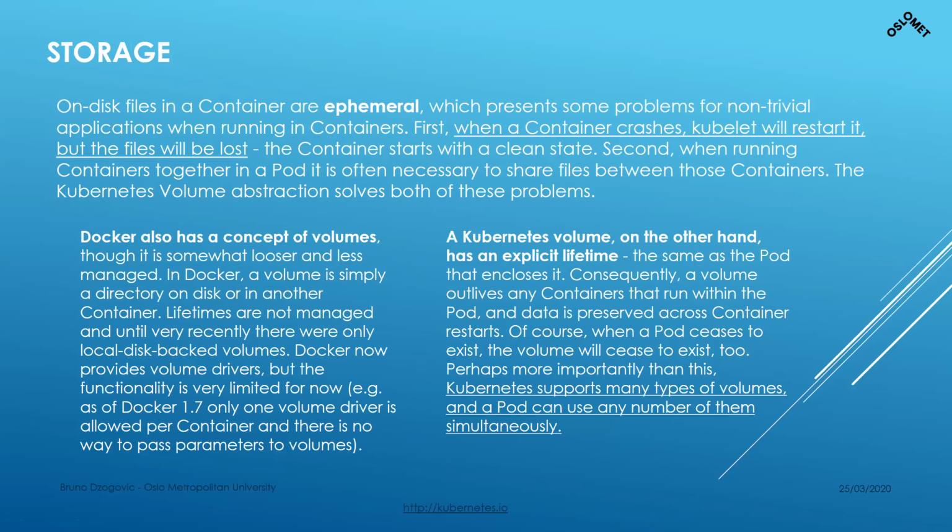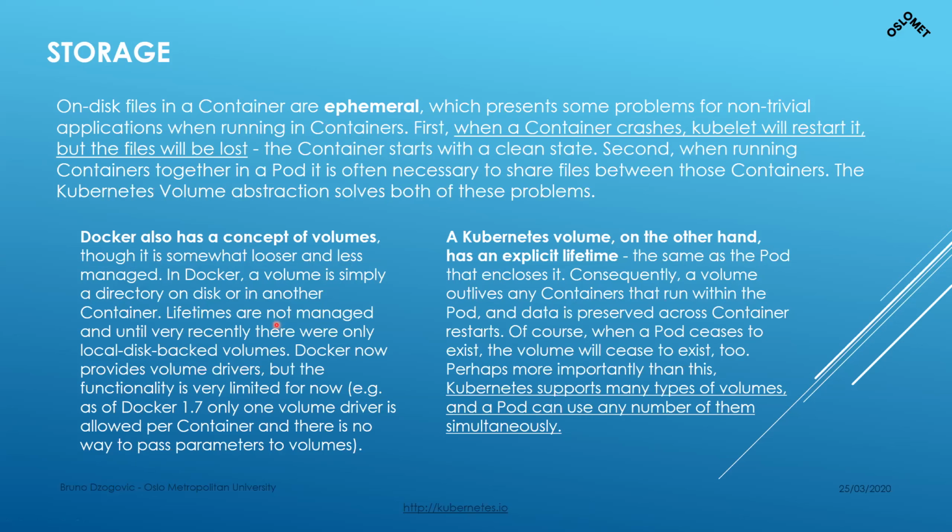About storage shortly. The storage, just like in Docker, is ephemeral, so you have to make sure that you have some sort of persistence. When you restart some containers, it can fail. Luckily in Kubernetes we have etcd, so at least while hosts and physical machines are running, this will still be on. The difference between Kubernetes and Docker is that Docker also has this concept of volumes, but it's not as managed as in Kubernetes.